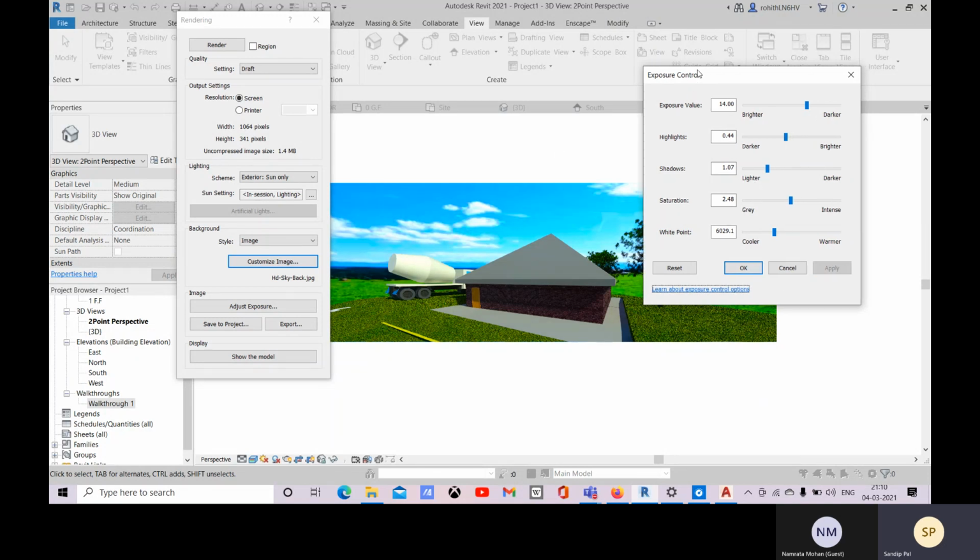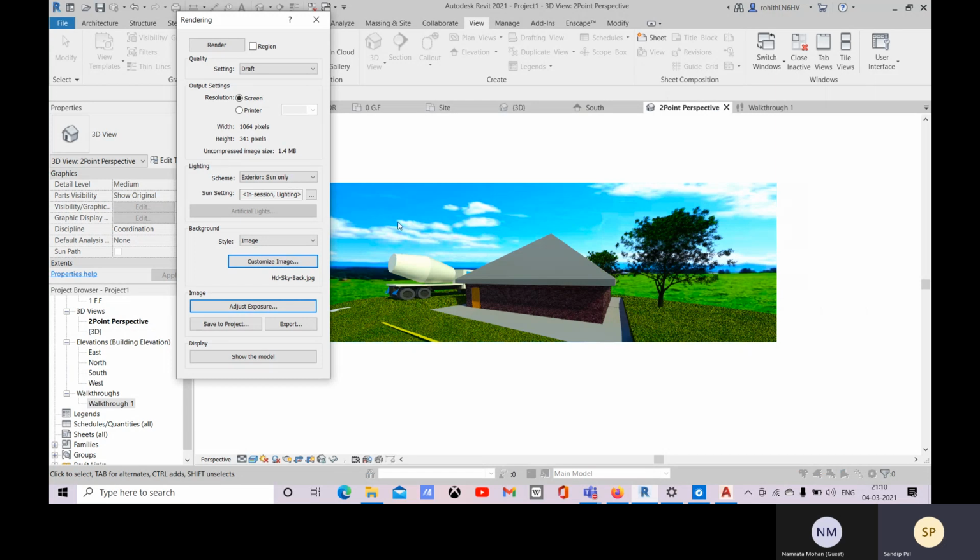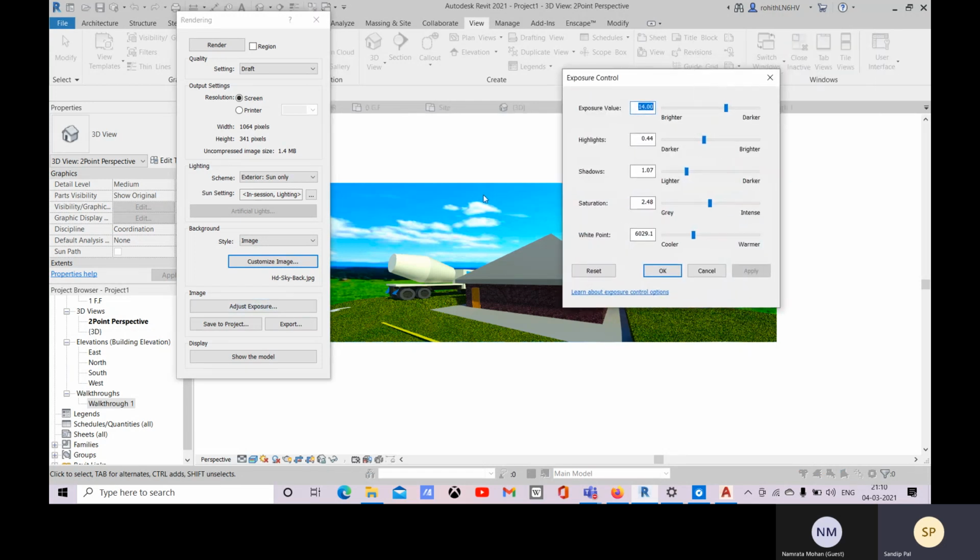Okay, so click on OK, and you can change this also. So it's according to my preference. So you can do it by yourself. So I hope you have an idea now.